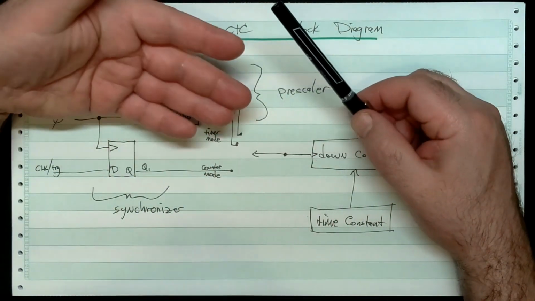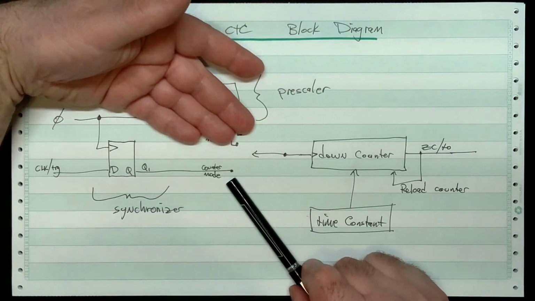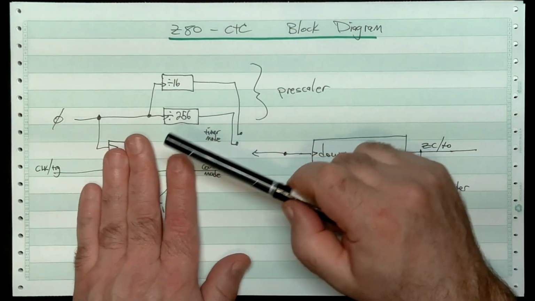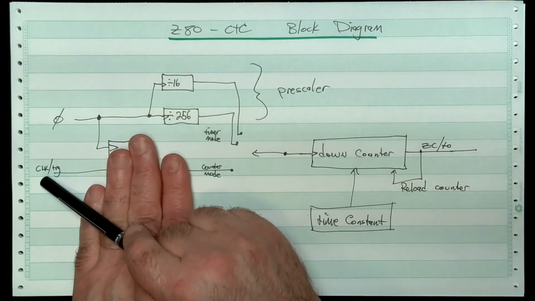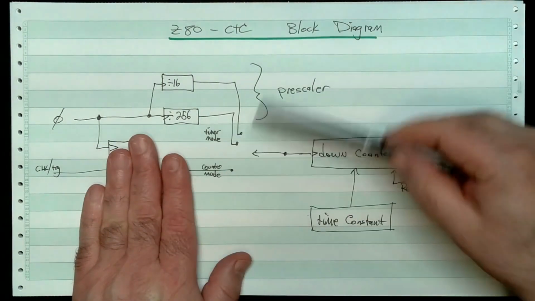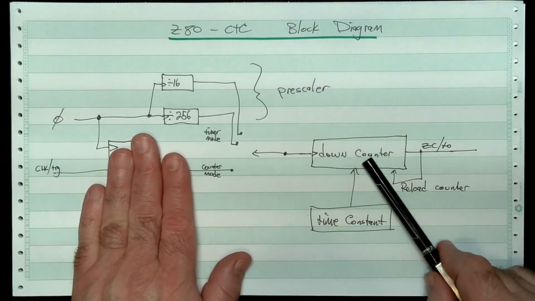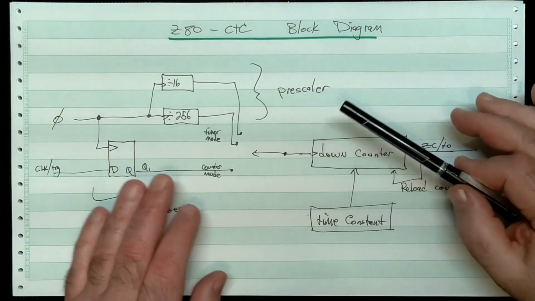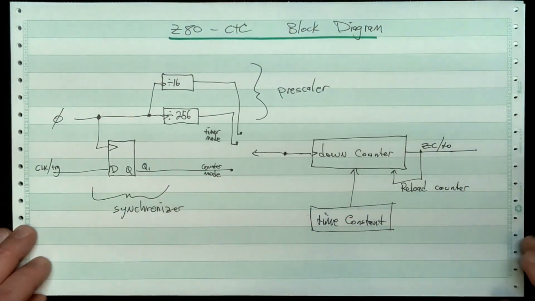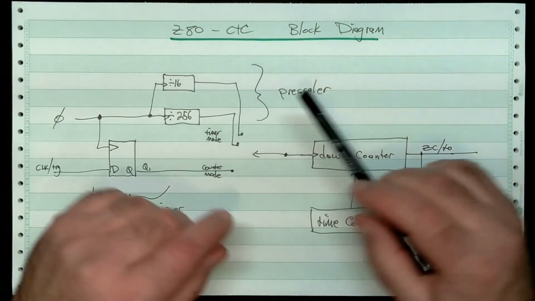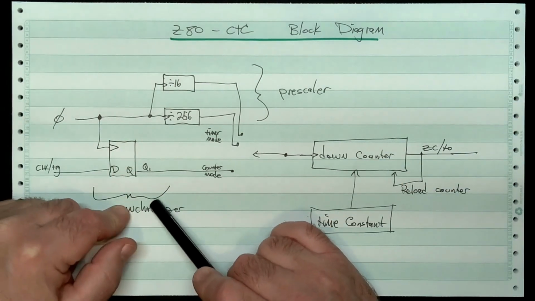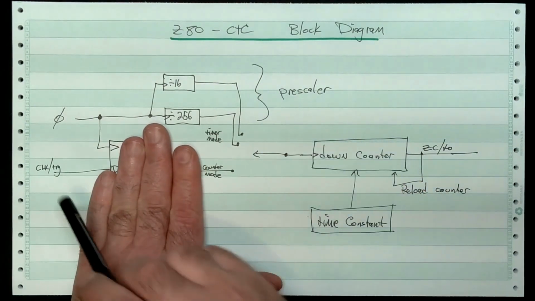What it means to run in counter mode is you go through this, okay? Let's ignore the synchronizer for a minute. And look at what happens if we just look at this clock trigger input for this particular channel. It just runs right into this counter, and logically, that's how I think of it when I program this. I'm going to get into this detail here because if you look at this on an oscilloscope, it'll jitter all over the place and you won't know why. And the answer is this, okay? Let's start by ignoring it. If we have